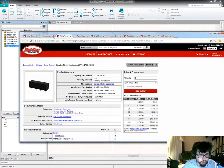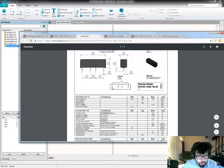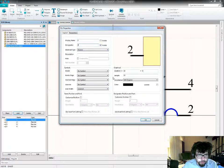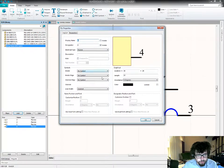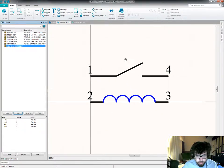So I decided against those. So pins 2 and 3 are on the coil, and pins 1 and 4. So this will be pin 2. This will be pin 3. That's already 4. Alright, and